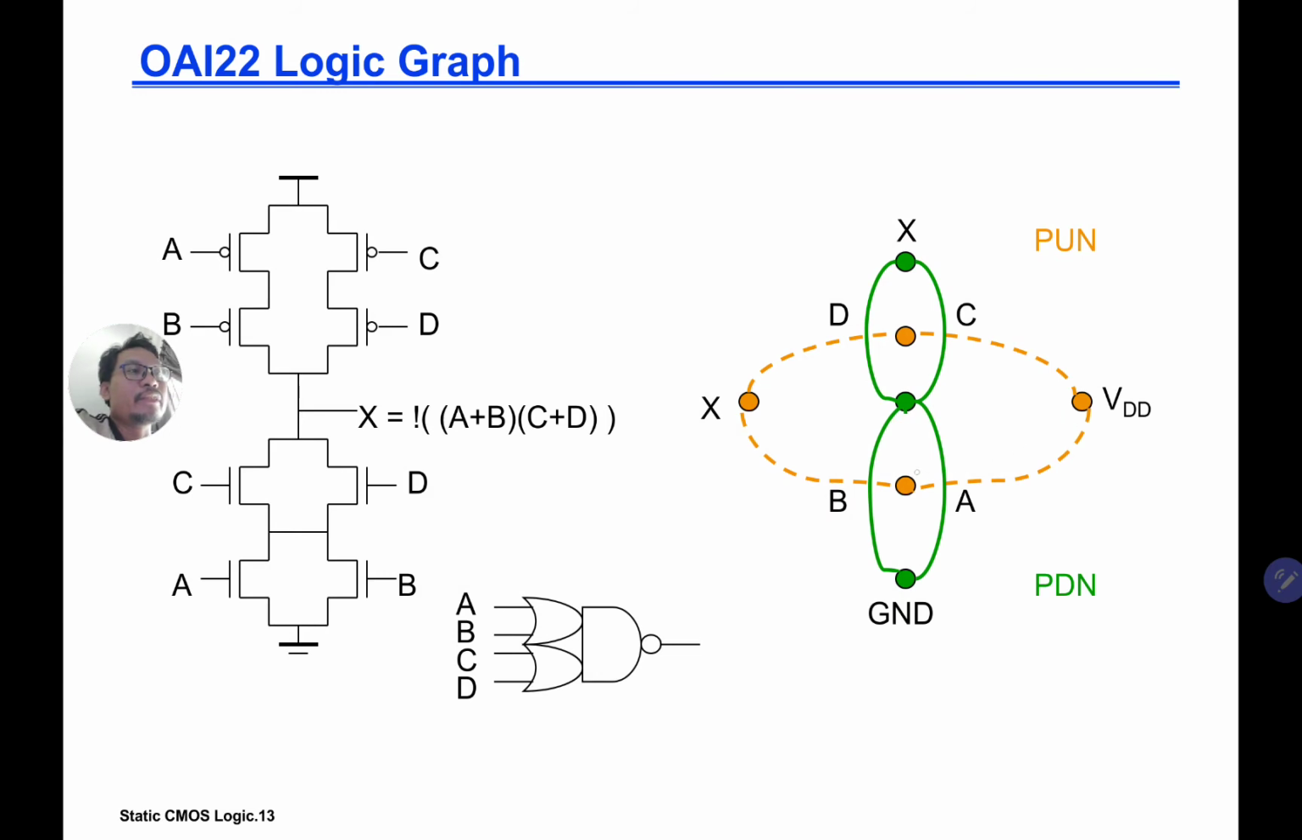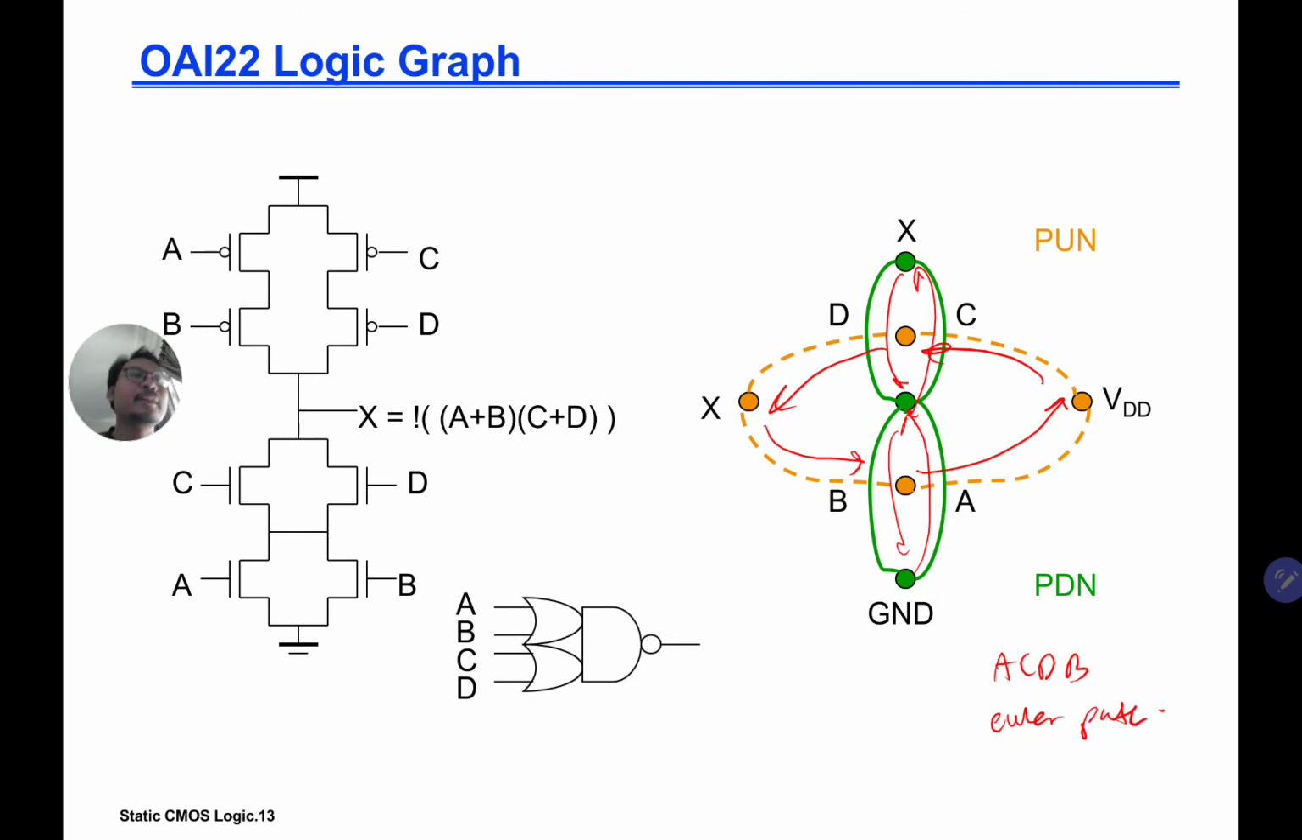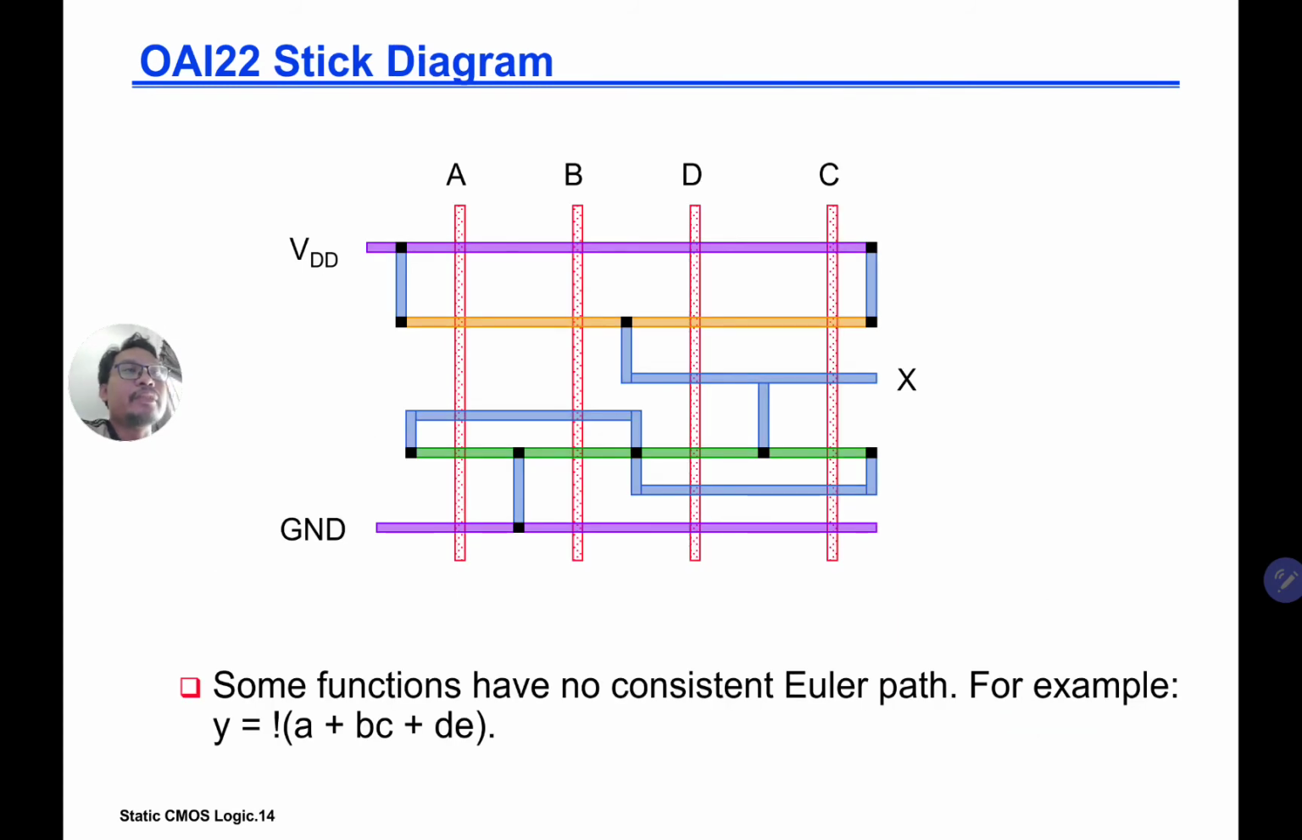Okay, so if you go like this, ACDB. Okay, and then we can also go ACDB. Okay, so ACDB is another Euler path. So you can have more than one Euler path, and the Euler path will guarantee us the optimum layout. Okay, so let's have a look at an example here. So if you do ABDC, then we don't need to split our